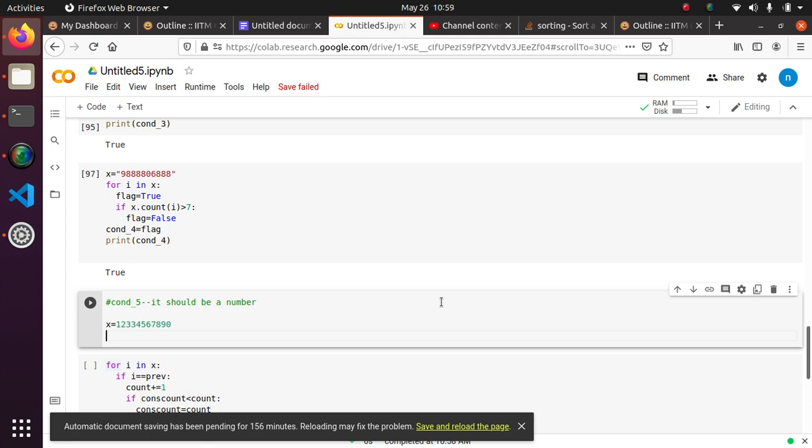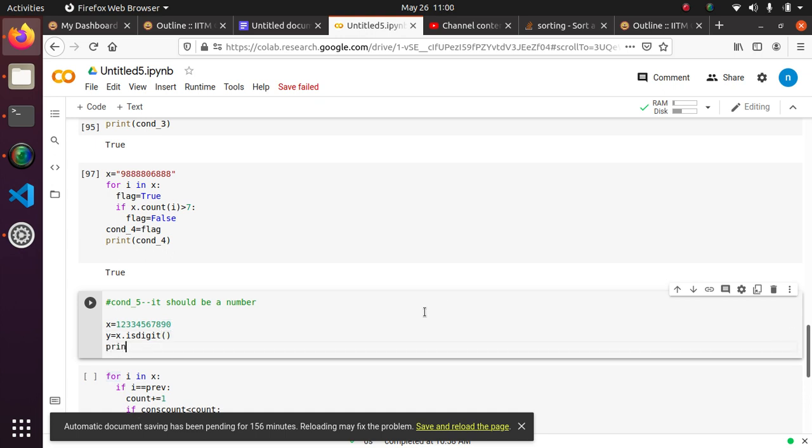There is a function called is digit. y equal to x dot is digit. Print of x, so print of y.